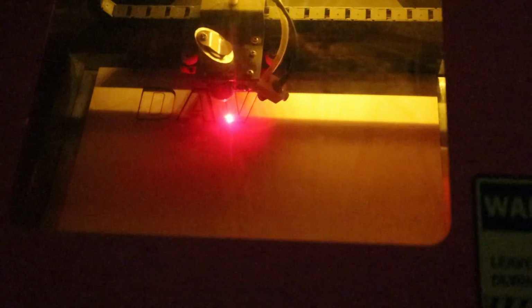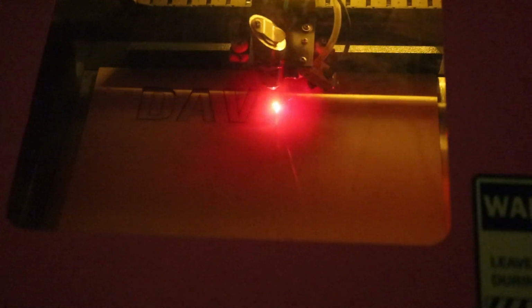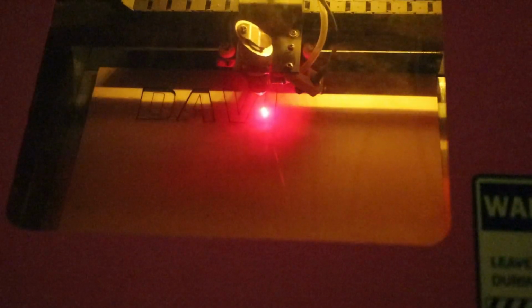Usually I recommend doing 2 passes, just depending on your material. Now I'm standing here and I actually see that this has dropped. So honestly, to be real, I think I'm just going to do 1 pass,